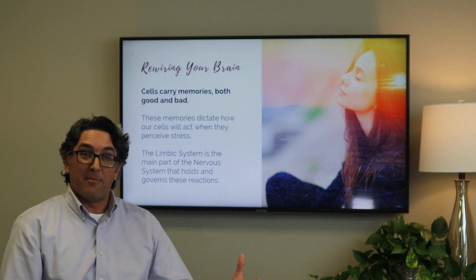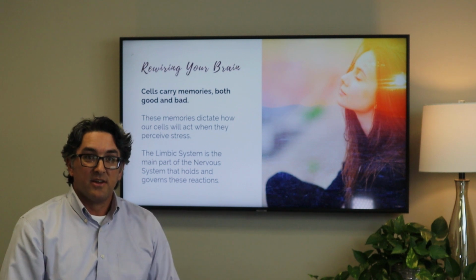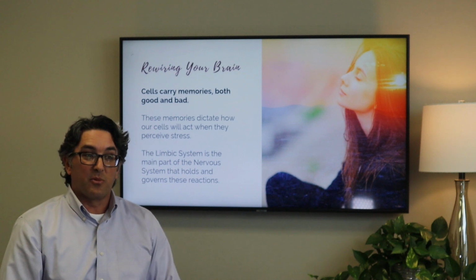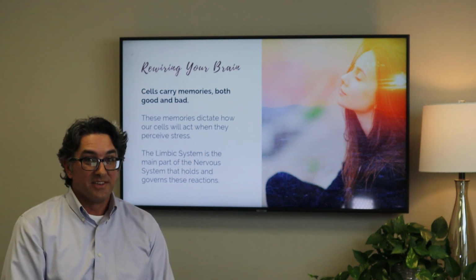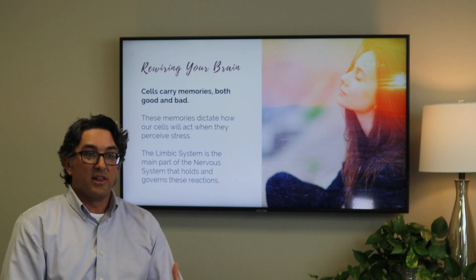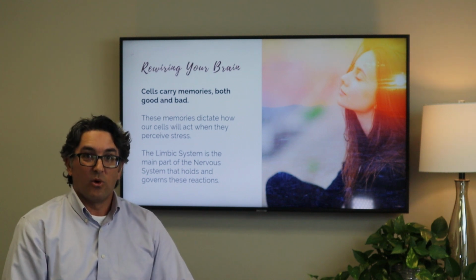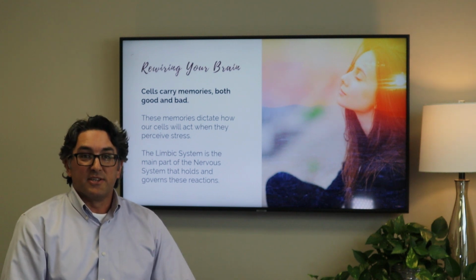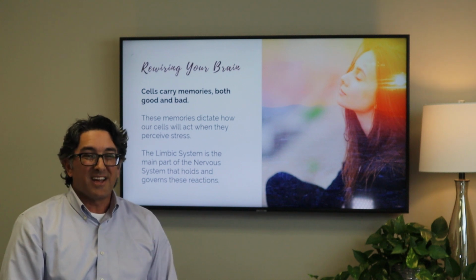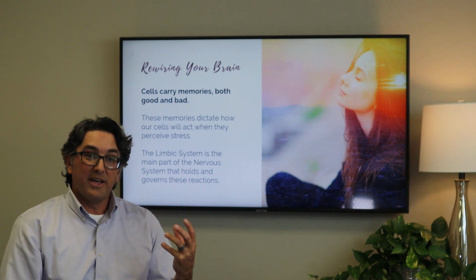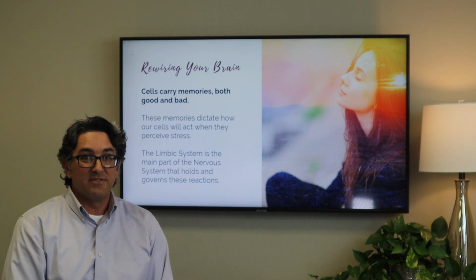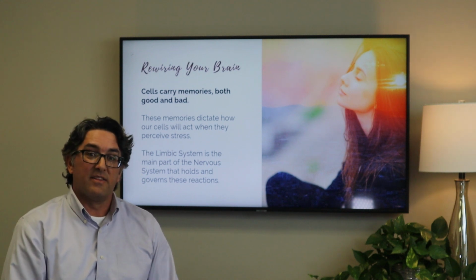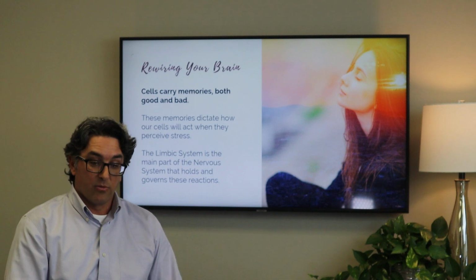We talked about the autonomic nervous system before, and I jokingly say part of that is when you're being chased by a lion. Very few people get chased by lions these days, but the reality is our brain sometimes feels like it's being chased by a lion when all we're doing is driving down the interstate, or we're late for an appointment, or we're on our way to the grocery store and the line is really long, and it stresses us out. These things should not be that stressful to us, but our brains perceive it that way. Our limbic system and our nervous system perceive it that way because of all the experiences that we've had. So this can be turned around, this can be corrected, and there are ways of addressing that through natural healing.